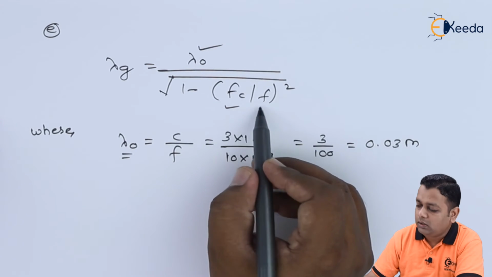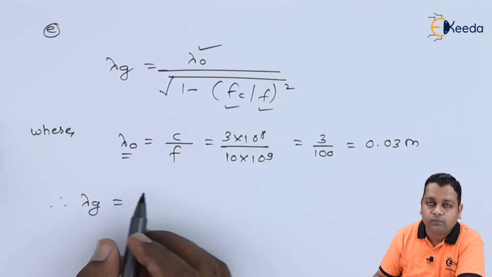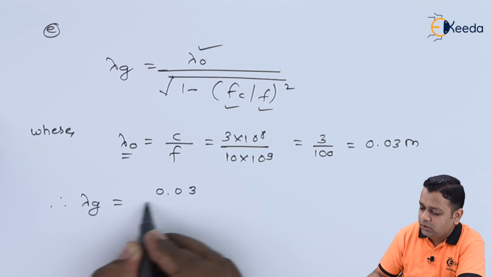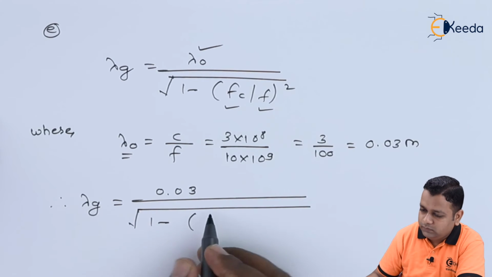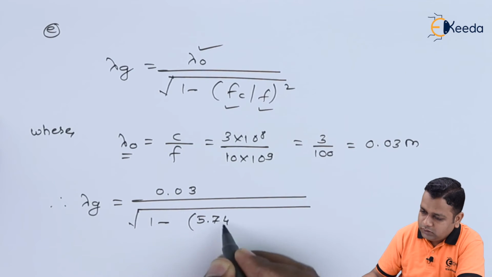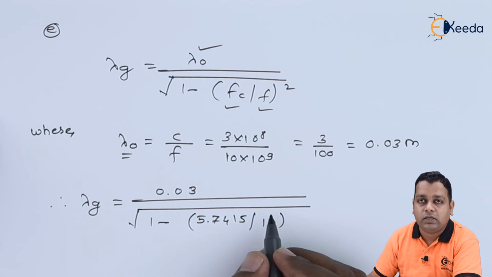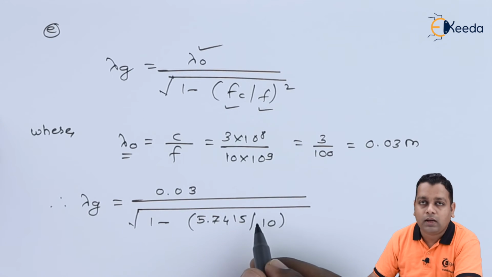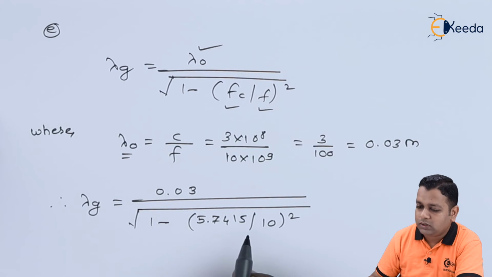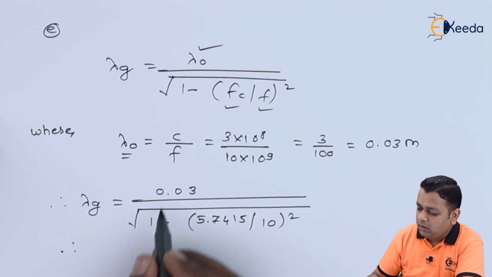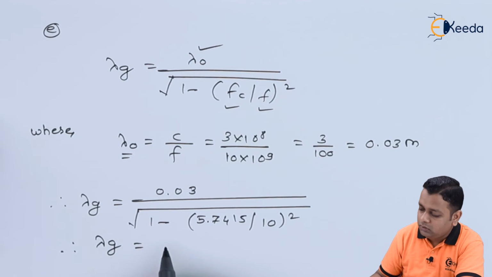So now we can substitute the lambda 0 value. Fc we have determined, f is given in the problem statement, therefore lambda suffix g becomes the numerator 0.03 divided by square root of 1 minus 5.7415 divided by 10. The multiples of giga, so 10 raised to power 9 in the numerator and denominator will be cancelling out here, so we need to get it squared. So finally, after making this calculation, we obtained the guide wavelength lambda suffix g is equal to